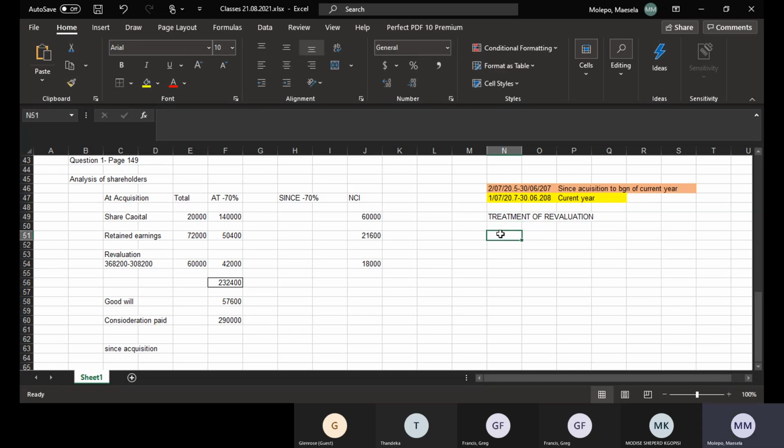So on the date of acquisition, at acquisition, the cost of the asset was sitting on 308, or the carrying amount. Let's say the carrying amount, CA of asset, was sitting on